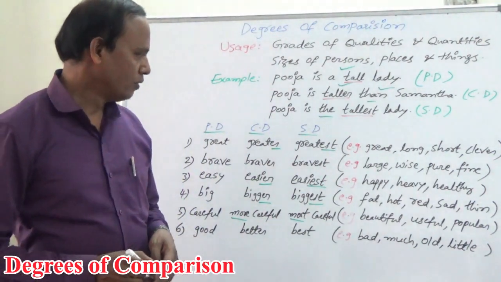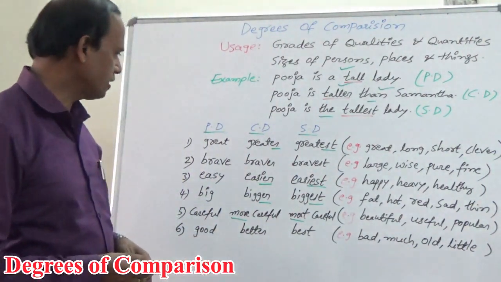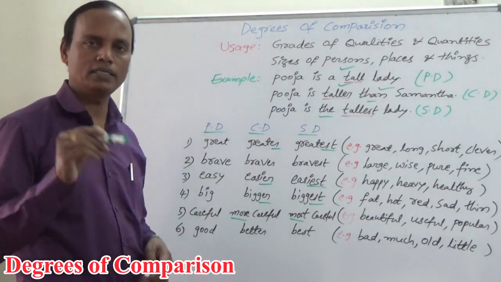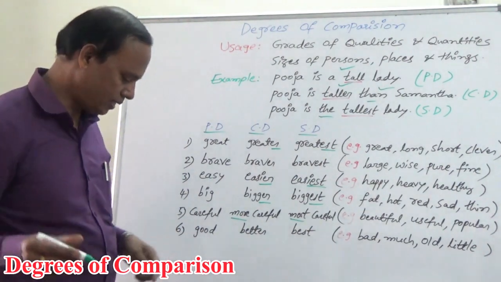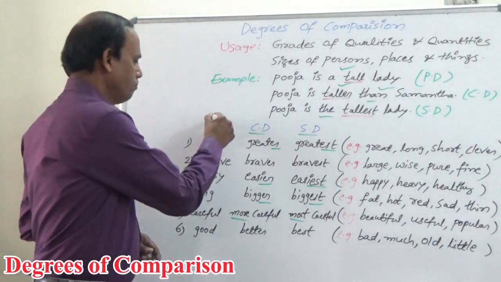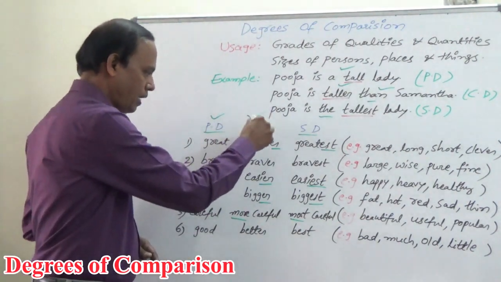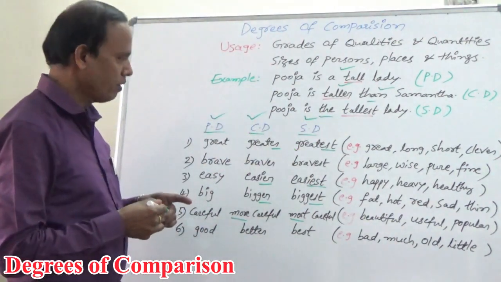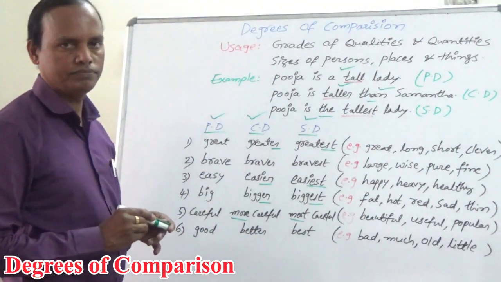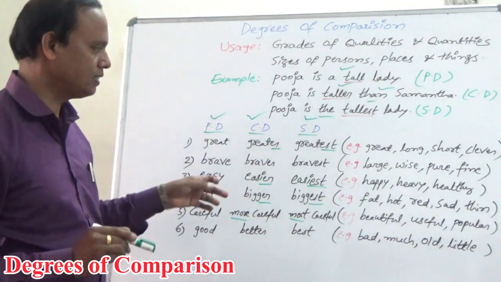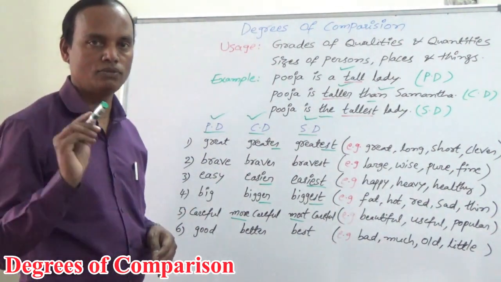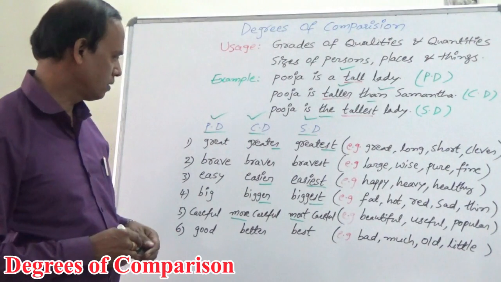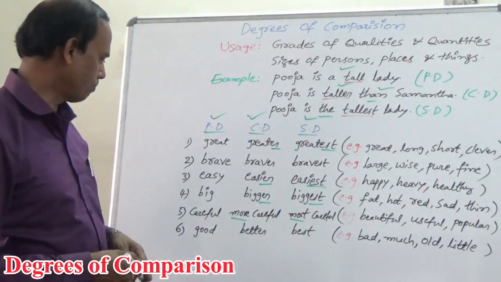Alright. Well, now let's move to the formation of the degrees, the formation of the words which are in positive degree, comparative degree, superlative degree. I have given here details. Positive degree words, comparative degree words, and superlative degree words. If you don't know these words, if you don't practice with these words, you cannot move further. Alright. So this is very, very important. Basic is very, very important. Now, I tell you one by one.